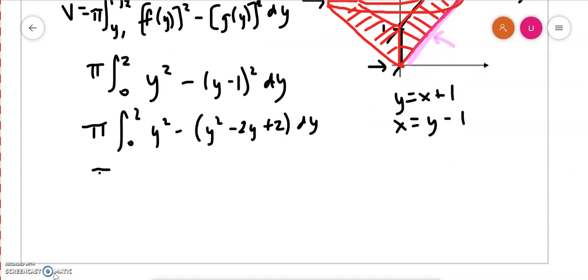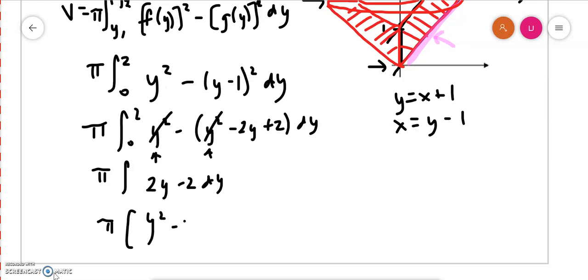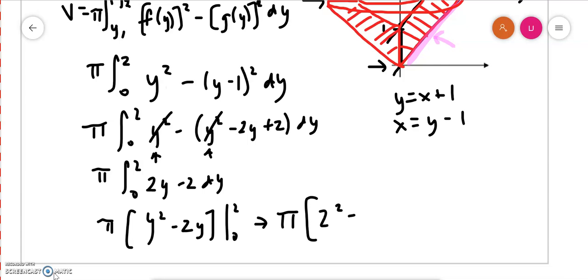And now we can integrate here, or actually notice how we have y squared, and it's a subtraction. So these two are going to go away. So then we'll have 2y minus 2 dy, and we can integrate here. We'll get y squared minus 2y from 0 to 2. Forgot my limits of integration up there. And then, of course, substitute in 2 squared minus,